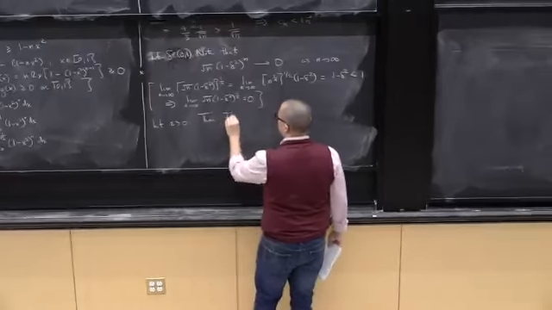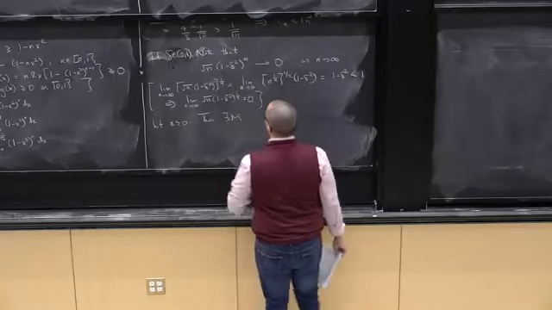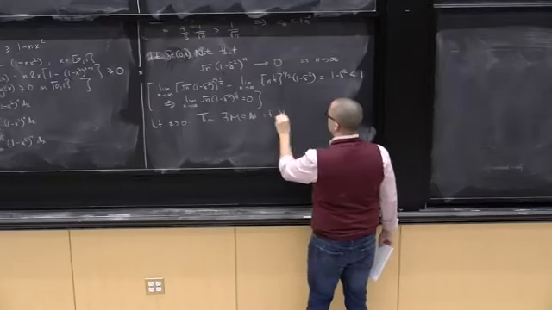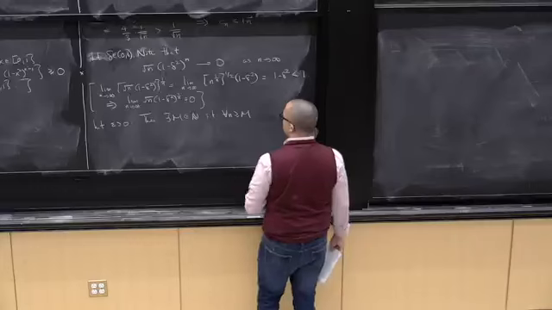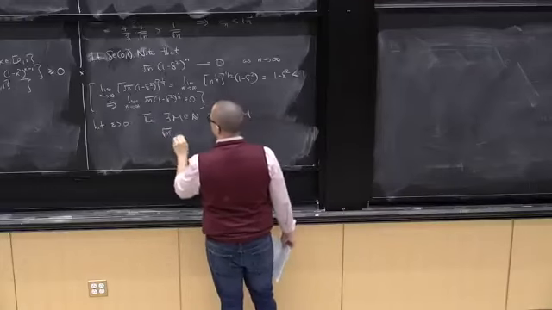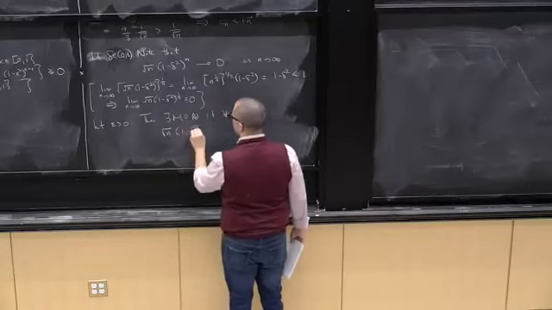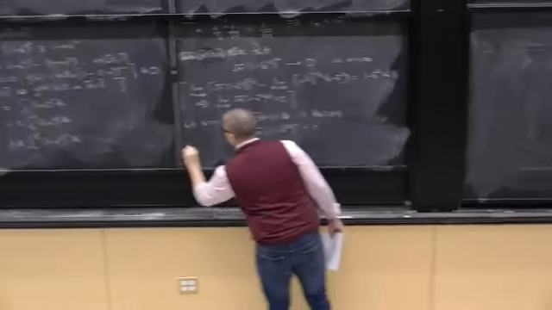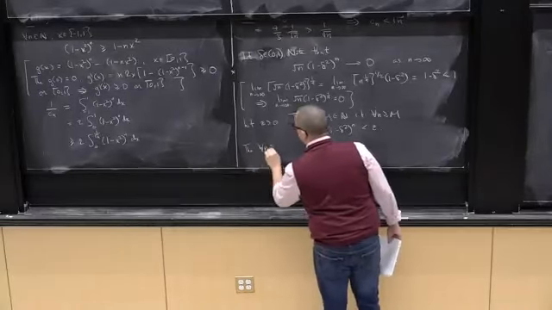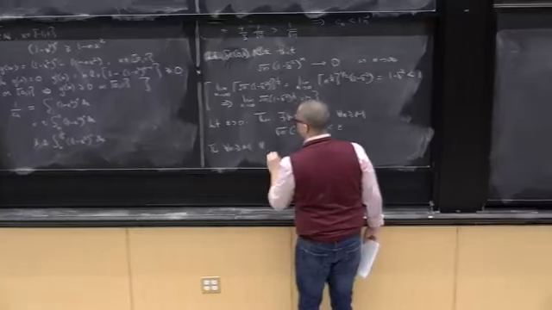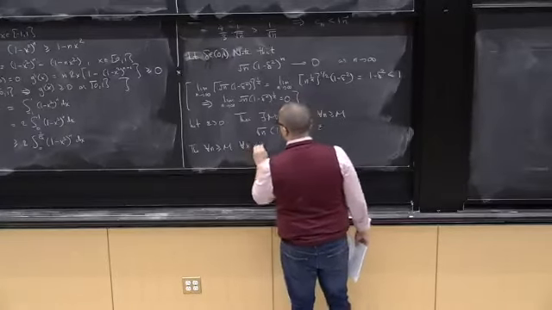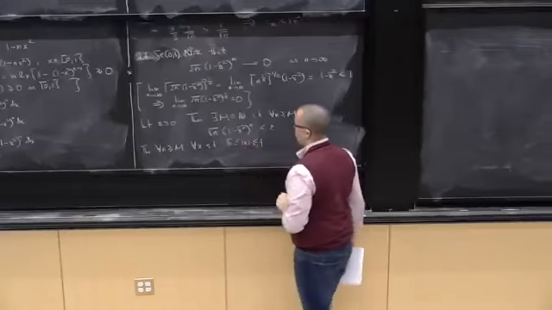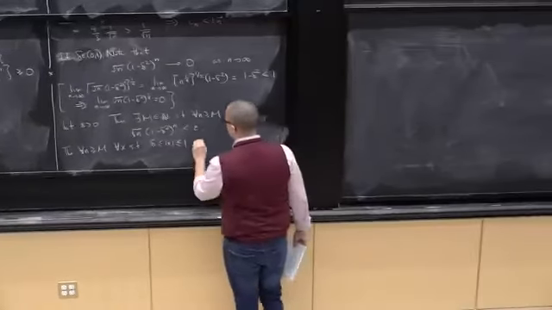Then, since this sequence converges to 0, there exists an m, a natural number, so that for all n bigger than or equal to m, square root of n times 1 minus delta squared raised to the n is less than epsilon. Then for all n bigger than or equal to m, for all x with delta less than |x| less than 1, we get that